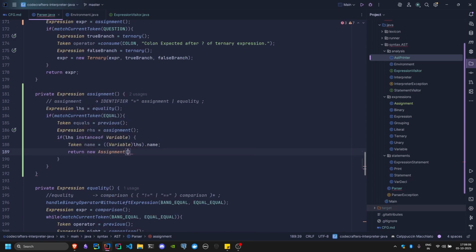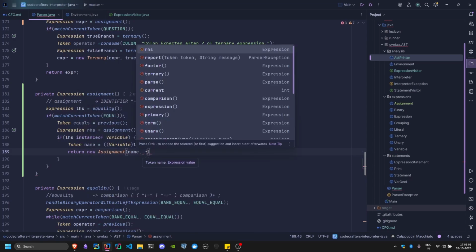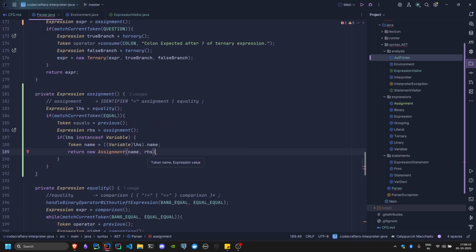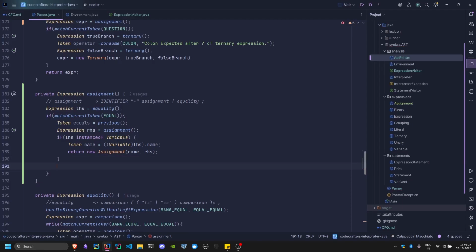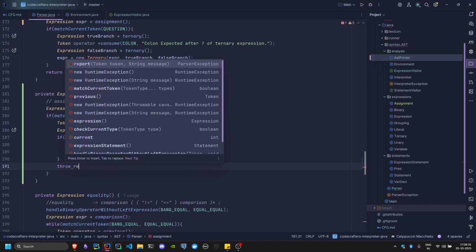New assignment. I'll pass it the name and the RHS. The name is the LHS and RHS is the RHS of the assignment. But if this condition fails, if it is not an instance of variable, in that case our parser needs to throw an error because it encountered an equal to, but the LHS was not a token. It was an expression, maybe something else. In that case, we need to throw an error, and we can do that with the report method we created